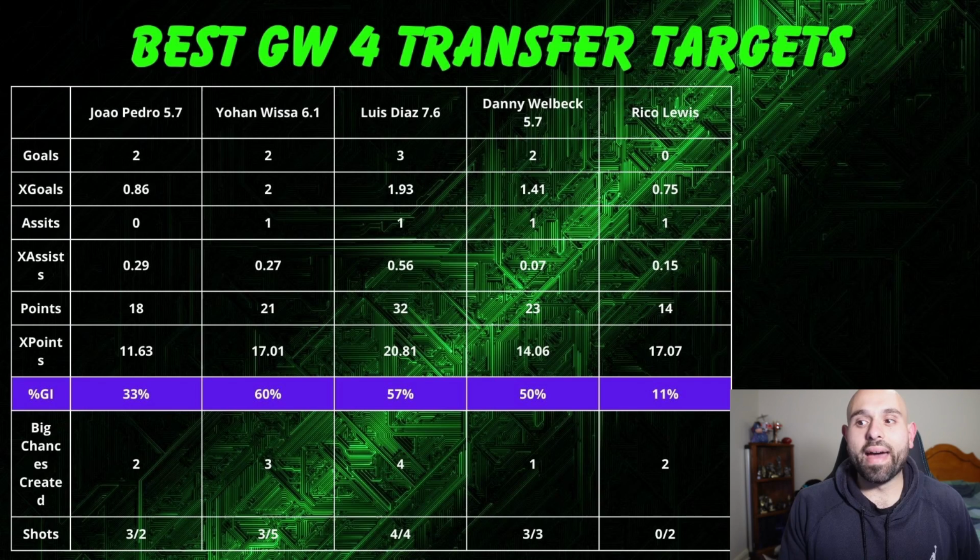So if you're looking at that list there and you can see that Johan Wissa is 60% involved in the goals, then you can see that he's a very involved player for Brentford. The only other player I've missed off here is Bryan Mbeumo as well. I think you could definitely mount a case for him versus Luis Diaz, but in my mind, the reason why I've got Luis Diaz is this is more focused over the next 2 fixtures, in particular for Luis Diaz. Otherwise, you'd be going for Bryan Mbeumo.